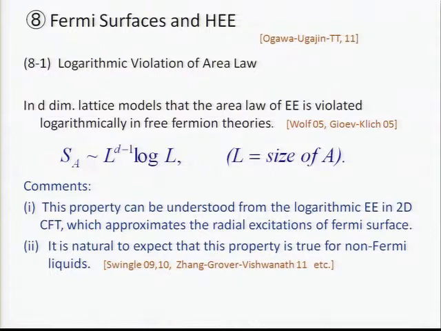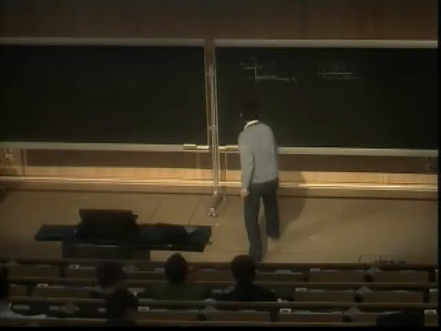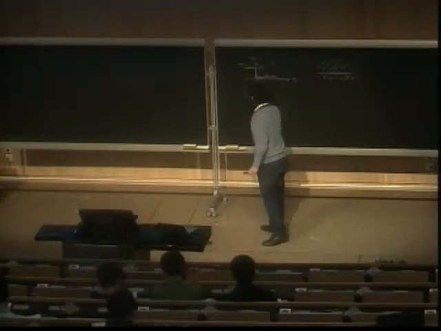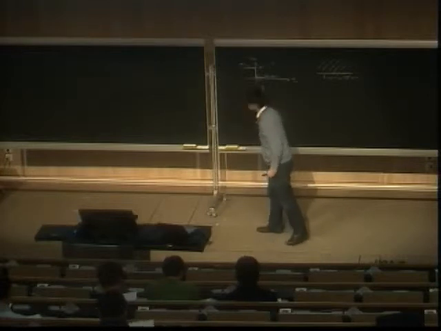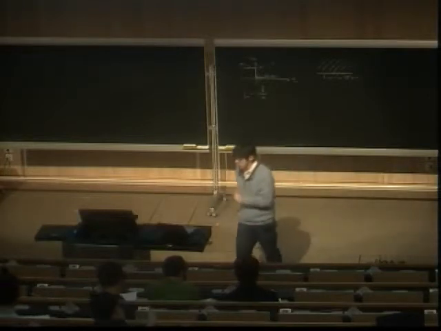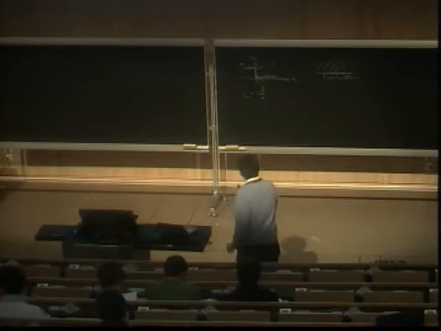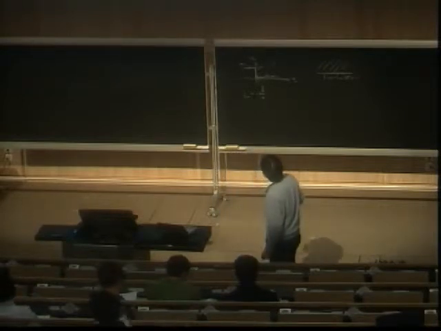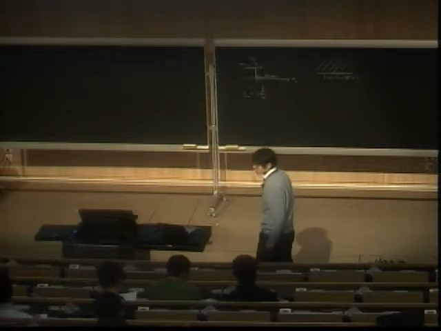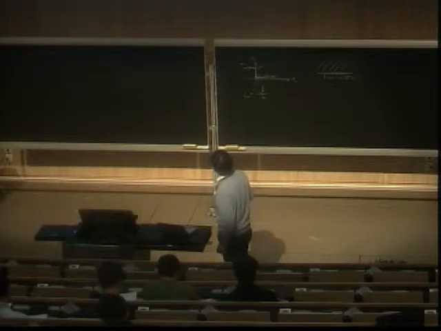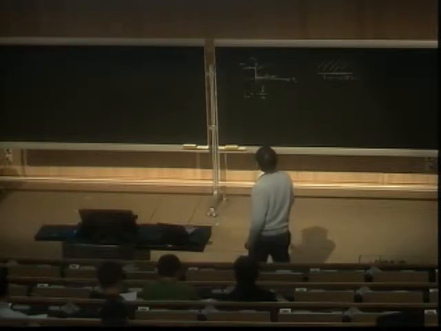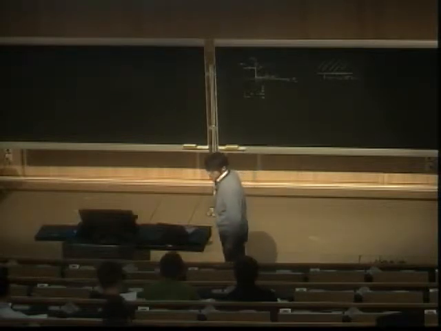But then we can rewrite this large L in terms of a continuous value. L is a real length, and a is the lattice spacing, so we can switch between them. This property was shown particularly in the case of free field theory. But recently there have been several discussions, and also some real numerical calculations done by a Berkeley group, showing that even non-Fermi